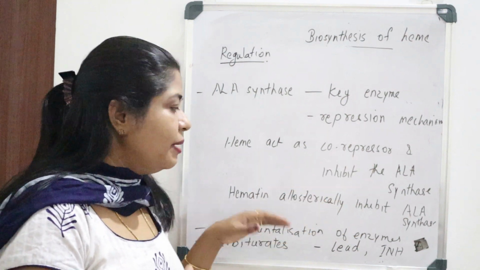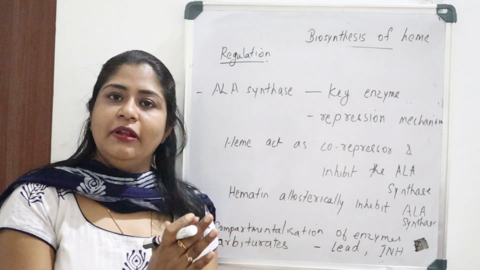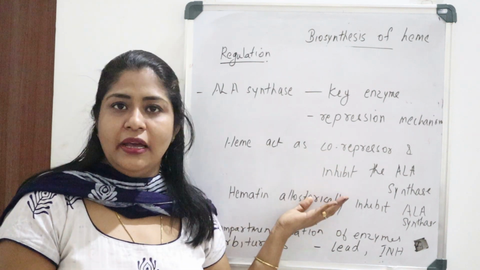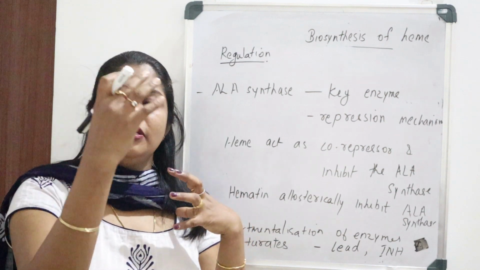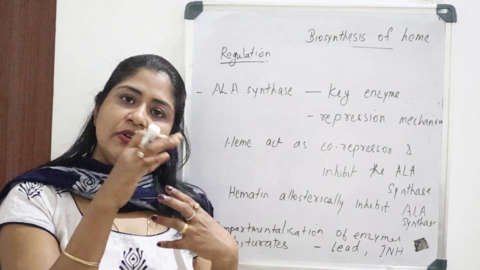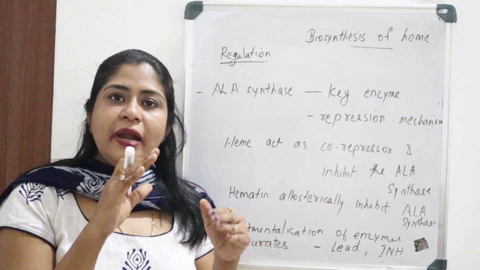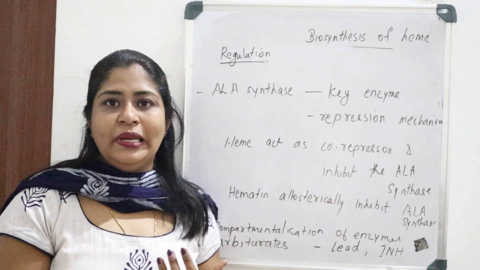And coming to this compartmentalization of the enzyme, other factor, അപ്പോൾ മെയിൻലി this ALA synthase ആണ് key regulatory enzyme. ഇനി അത് മാത്രമല്ല, ഈ key regulatory enzyme ഇൻഹിബിറ്റ് ചെയ്യുന്ന രണ്ട് കാര്യങ്ങൾ നമ്മൾ കണ്ടു. Now coming to this compartmentalization of enzyme. എൻസൈമിലെ കുറച്ച് എൻസൈംസ് സൈറ്റോപ്ലാസത്തിൽ, കുറച്ച് മൈറ്റോകോൺഡ്രിയ. Some of the enzymes are in mitochondria, some others in the cytoplasm. So this compartmentalization of this enzyme helps the regulation very much. അപ്പോൾ ഈസി ആയിട്ട് റെഗുലേറ്റ് ചെയ്യാൻ പറ്റുന്നുണ്ട്.